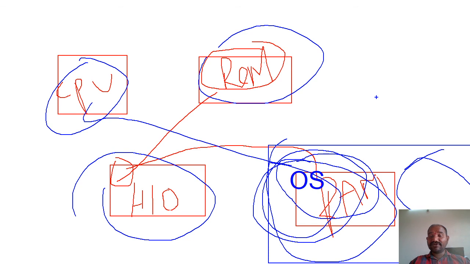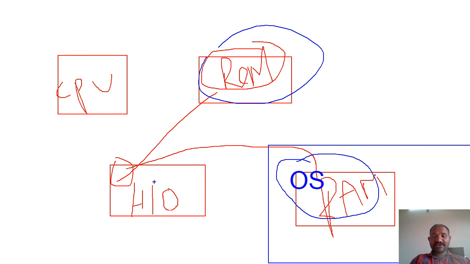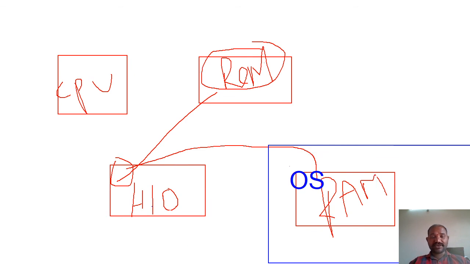The reason is, whatever program you are typing is done inside the RAM. When you open the Turbo C compiler, that application is loaded from the hard disk into the RAM space, and inside the RAM the Turbo C compiler is running. So whatever typing you are doing is done inside the RAM only.